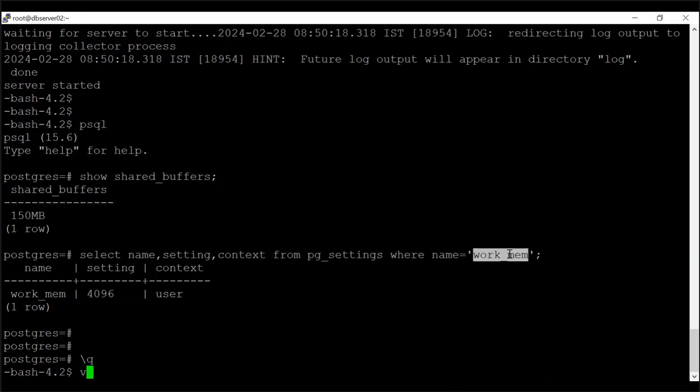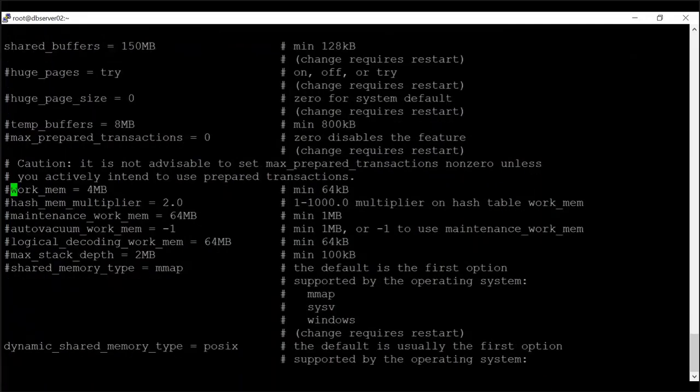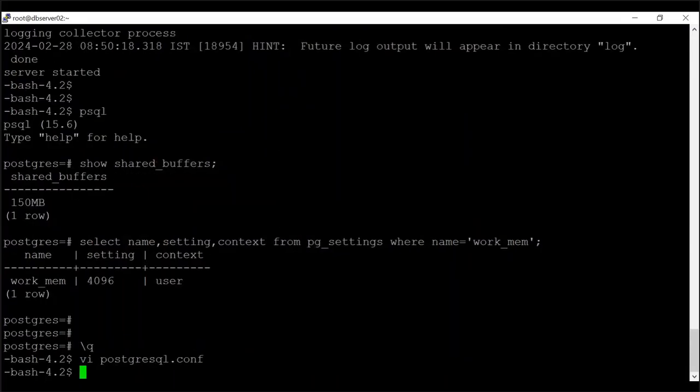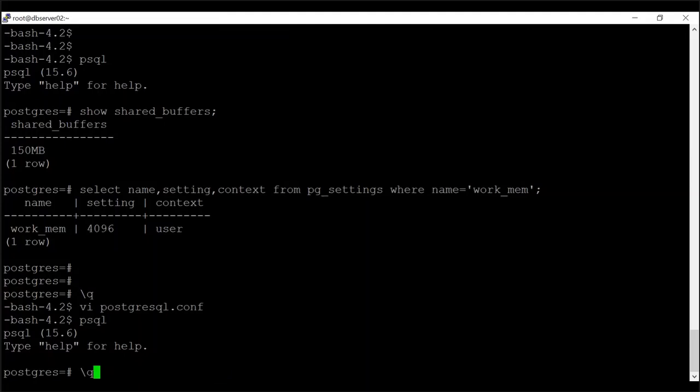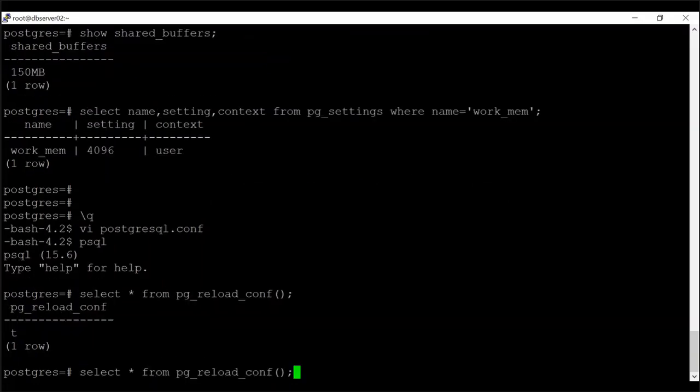Okay, so let's go and change this parameter, work_mem. So I'm going into the same postgresql.conf. Let me do reload. I have changed from 4 MB to 10 MB. Okay, so I'm just trying to do a reload and just check that parameter value. Show